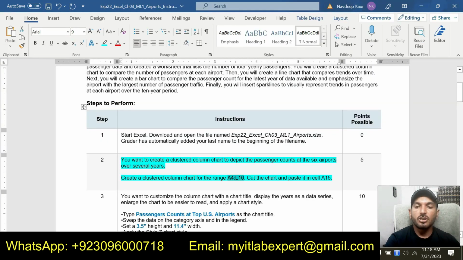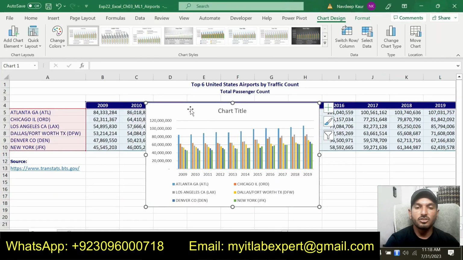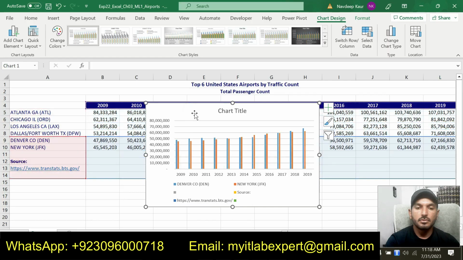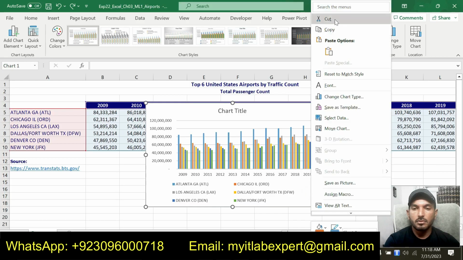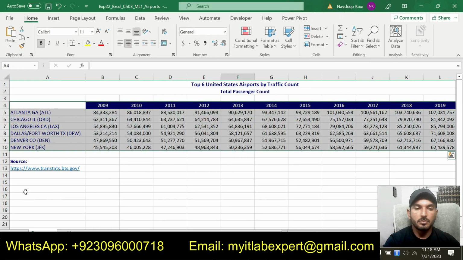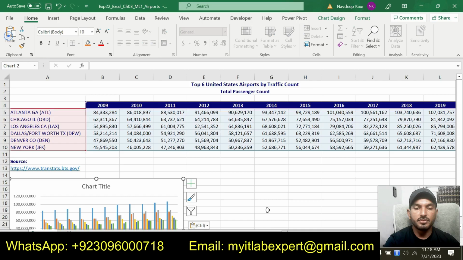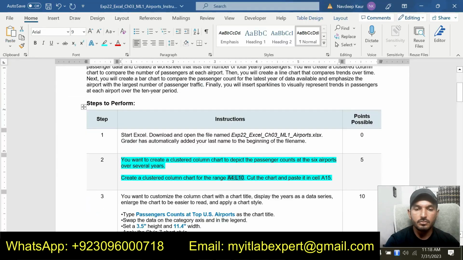Now cut the chart and paste it in cell A15. Now cut this chart and paste it in cell A15, this one.